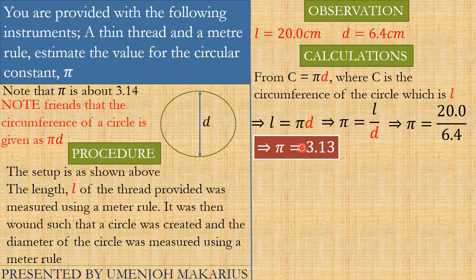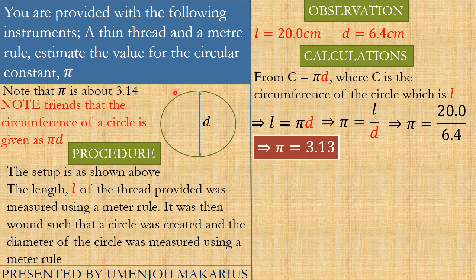Okay, it's unitless. So friends, you see that I said initially that the accepted value of pi is 3.14, but we ended up having pi to be 3.13. This is perfect. This is what examiners want to see. It's perfect. They don't expect to see a value as 3.14 because the instruments you're using are not perfect instruments, and